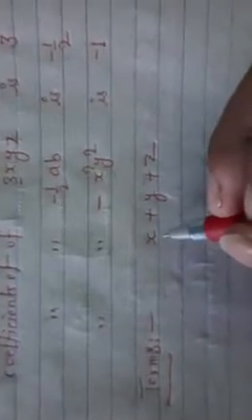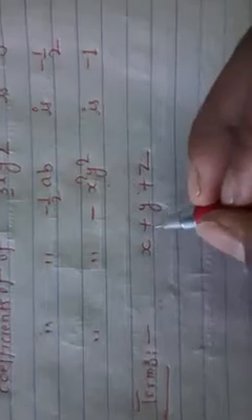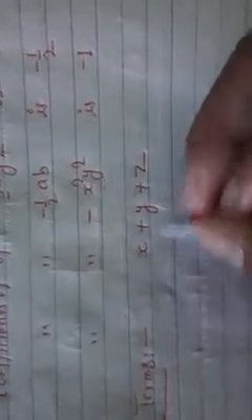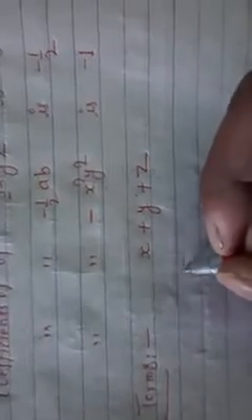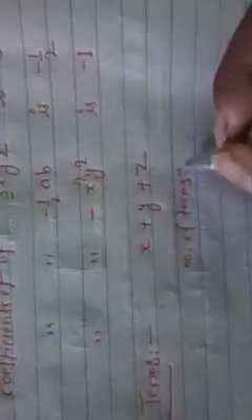Now comes terms. What are the terms? So students, if we have an algebraic expression x plus y plus z, here you can clearly see that plus or minus signs always separate the terms. x is the first term, y the second term, and this one is the third term. So the number of terms here is 3. So this algebraic expression has 3 terms.